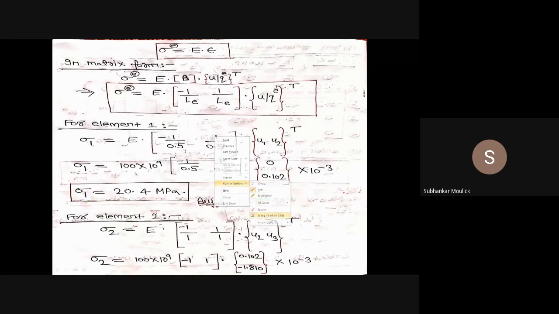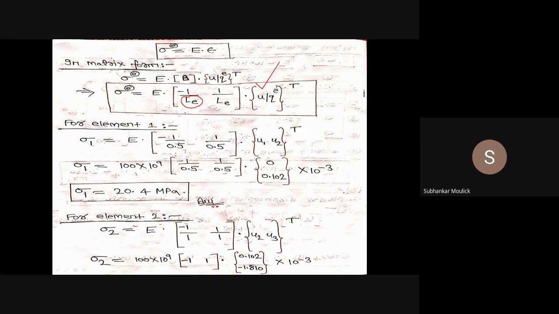Okay, fine. Similarly, you can calculate the stress in the second element. For the second element also I am showing you. You can do it for the third element by yourself. So for the second element, sigma 2 is equal to E into the strain displacement matrix, minus 1 upon LE, 1 upon LE. Now this LE is nothing but the length of the second element, and in the problem it is given that the length of the second element is 1 meter. So minus 1 by 1, 1 upon 1 into